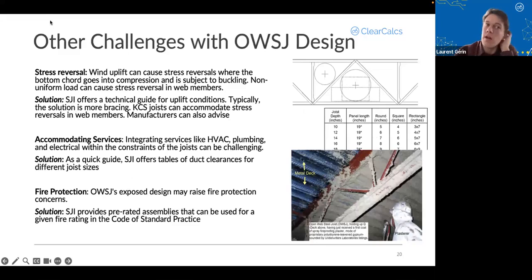Some other challenges now. A big one is stress reversal. When you've got wind uplift on a roof, for instance, your bottom chord, which is typically in tension, can go into compression. You've got your roof lifting. Compression means buckling, and so that might mean lower capacity. Another one, especially when you have big point loads close to supports, is that you can get stress reversal in your webs. A web that would typically be in tension can swap into compression,